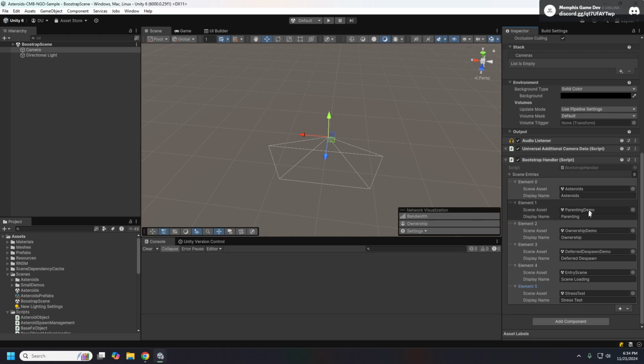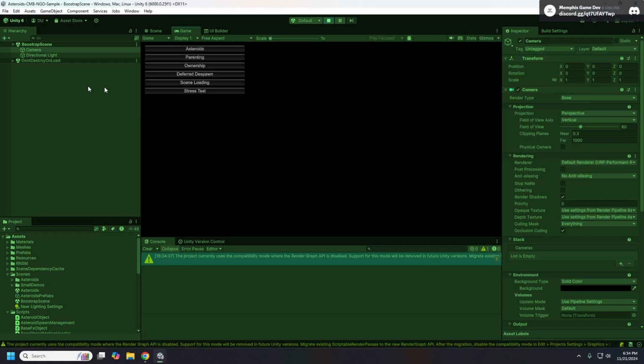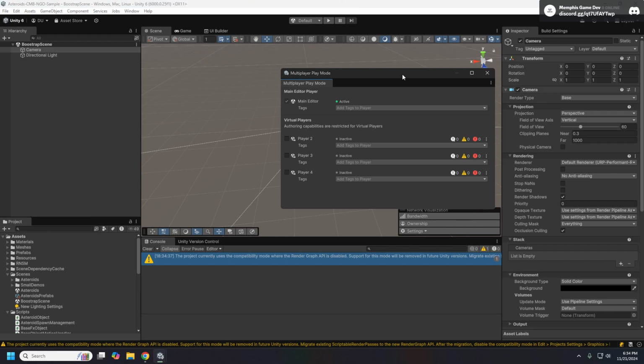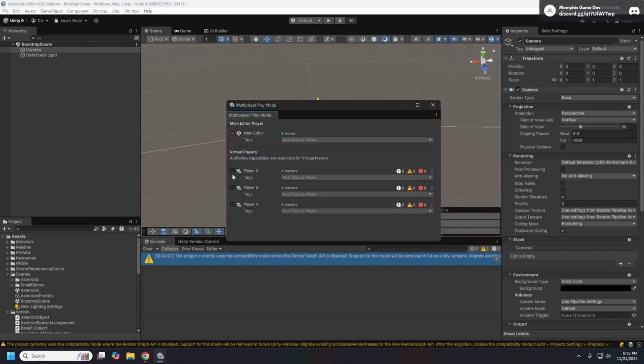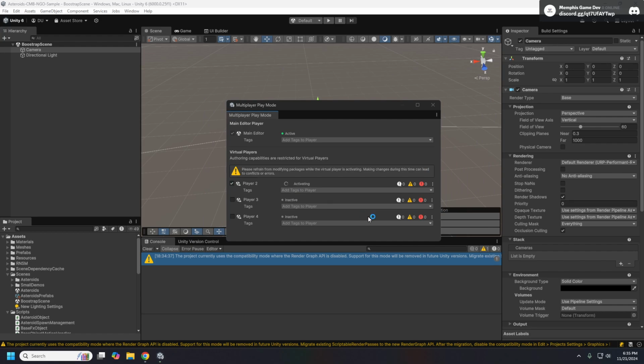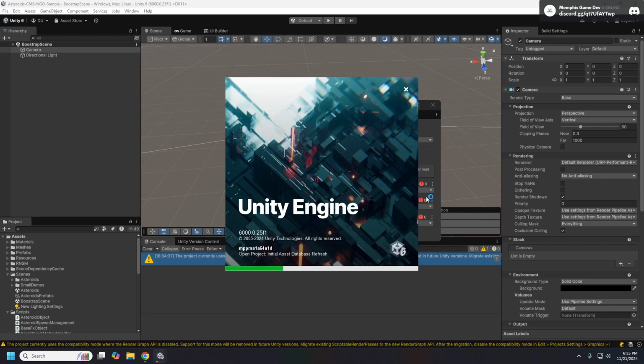So there's a parenting demo, one for ownership. We're just going to look at the asteroids real quick because it does a pretty good job of showcasing who owns what in the actual scene. Okay. This is also Multiplayer Play Mode that we can use to spin up additional editors.